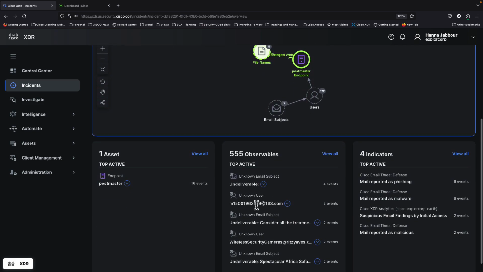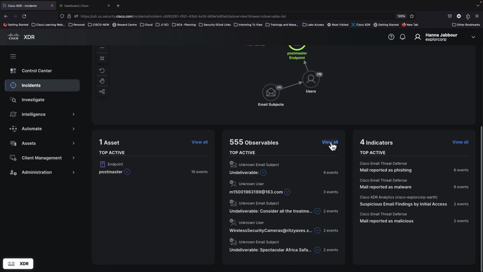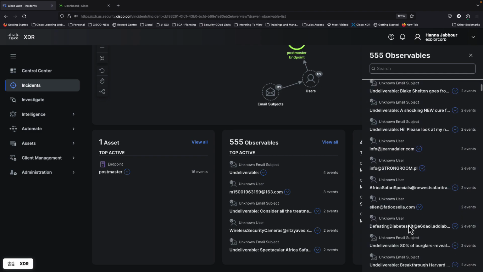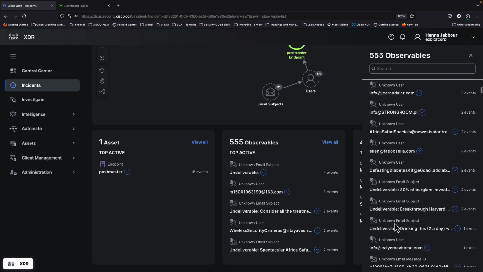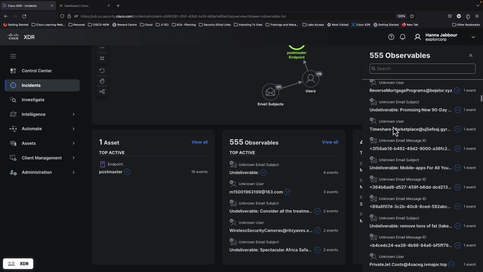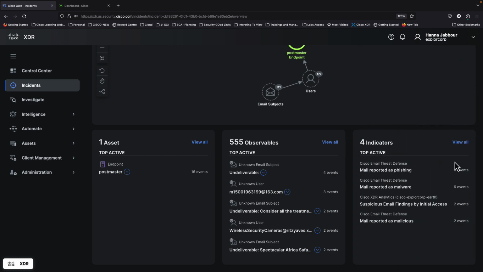We can look at the different information in here at the bottom section. In this case, you can see some of those email subjects, for example, wireless security cameras. You can see the unknown users, the email subject information. So these are different observables in here. You could see the different email users, the actual unknown users in here. A lot of them are phishing, spam related to those specific users, and you can also see the email IDs and other information. So this was all correlated into one place,